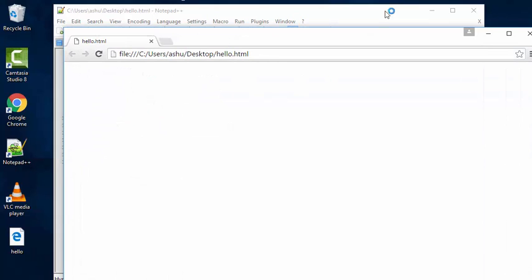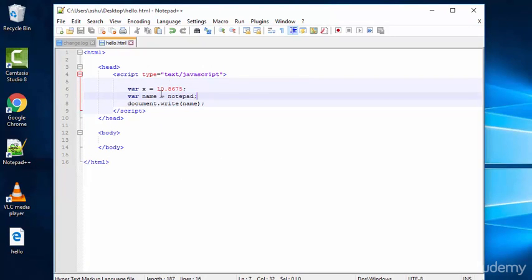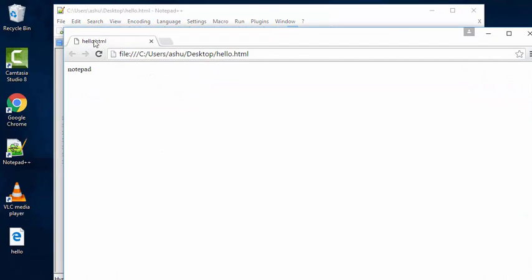You can see nothing popped up onto the web browser, and that is because you can declare an integer variable like this, but whenever you want to declare a string variable, or a variable that stores a string, you cannot simply declare a string like this. You need to include the string within double quotes so that the computer understands that this is a string and it is not an integer value. So now if I declare this in double quotation marks and save it, and check the output on the web browser, I'll get a string which says notepad.